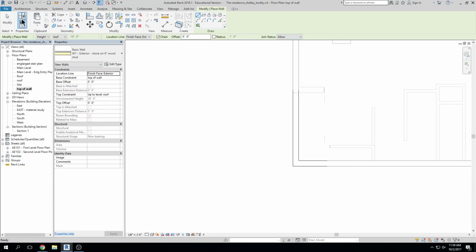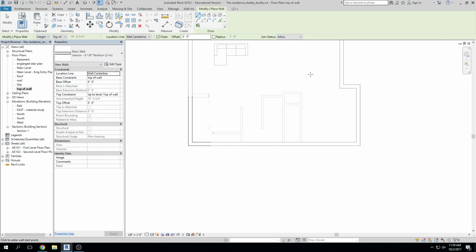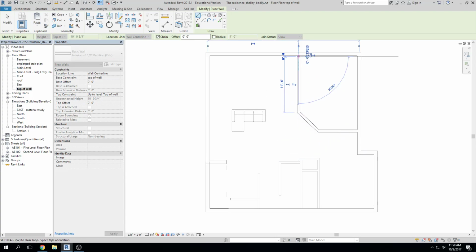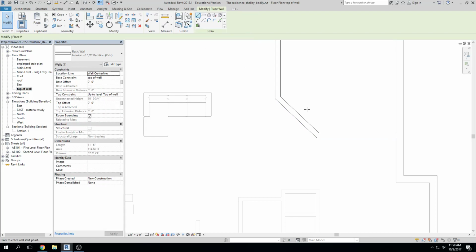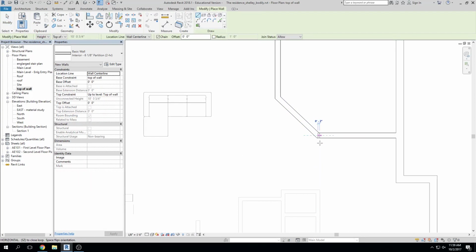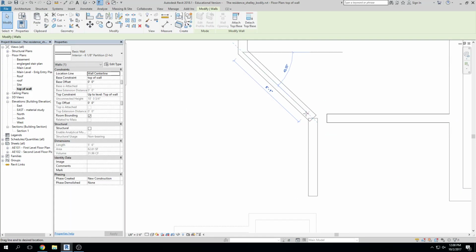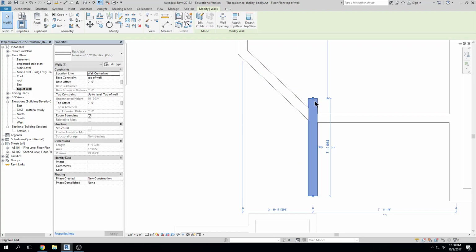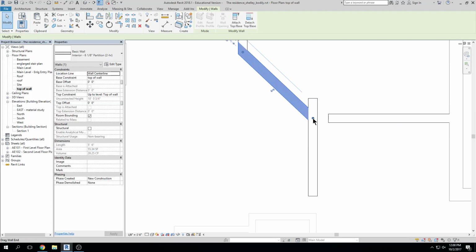So for example, upstairs, let me change my wall type. When you have those walls that are diagonal, and I don't remember where they are quite, but you have something going like this and coming down and going like that, and then maybe you have another wall coming from here. These walls, how they all come together, there's a certain priority. So if you bring this wall out first, and then you bring this one down, and then this one over, it might not join as cleanly. This one actually looks okay, of course. But it may not look as clean as if